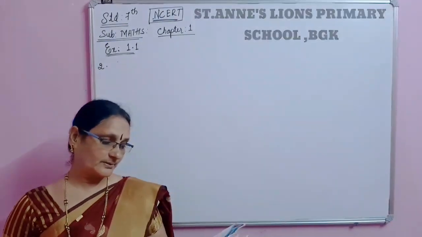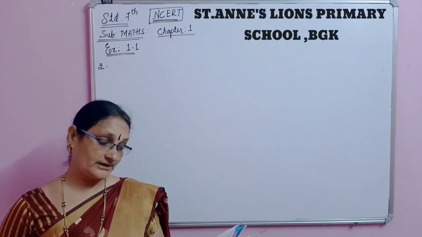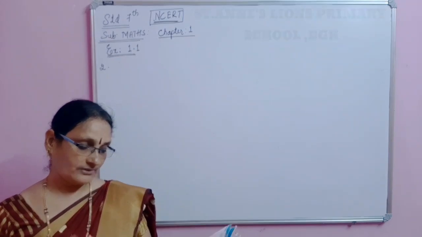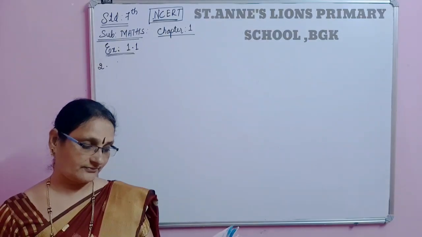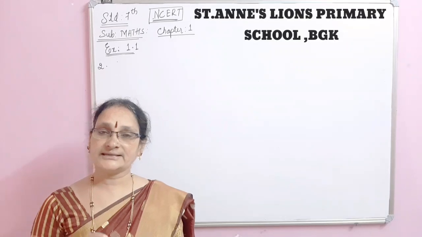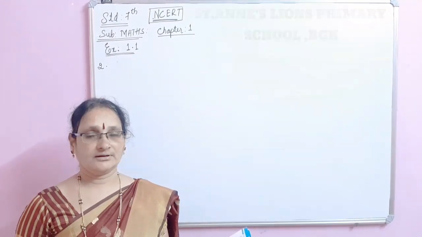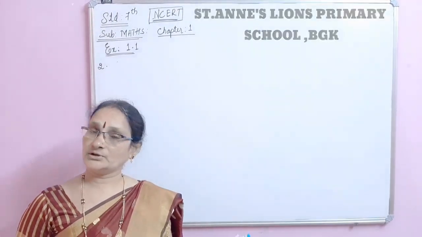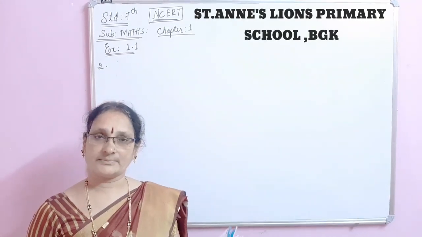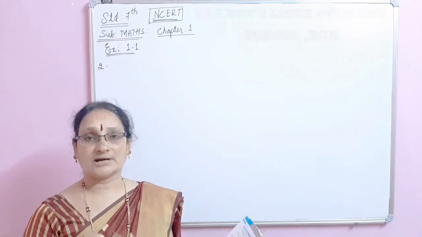In a quiz, positive marks are given for correct answers and negative marks are given for incorrect answers. If Jack's scores in 5 successive rounds were 25, -5, -10, 15 and 10, what was his total at the end? Here there is a quiz. For the correct answers, positive marks are given. For the incorrect answers, negative marks are given. Here Jack's marks are given. Some are positive, some are negative. We have to take the total of his marks.